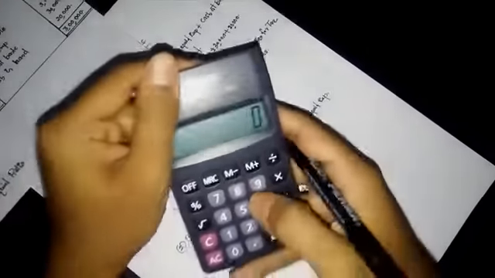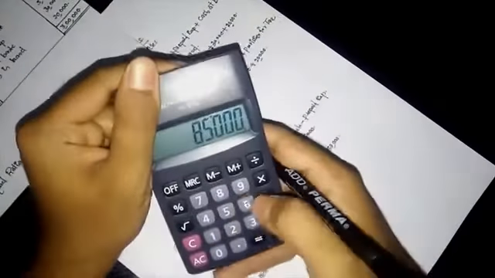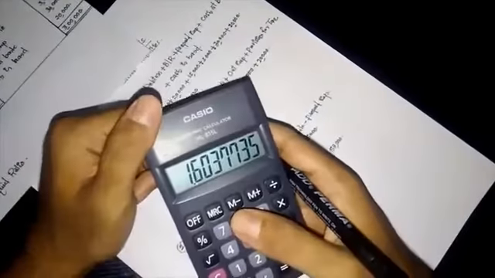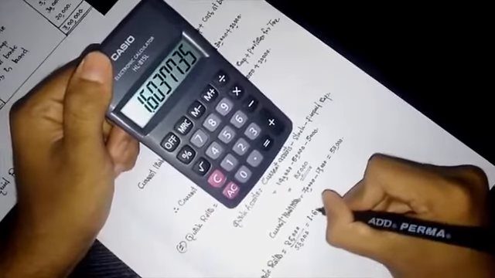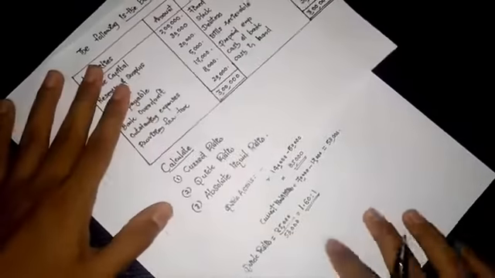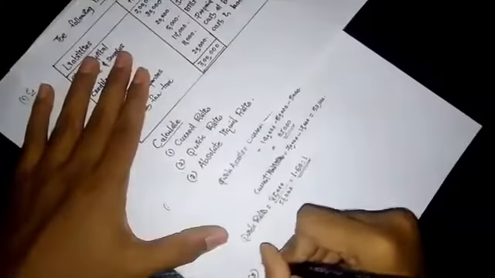So therefore quick ratio is equal to quick asset, rupees 85,000, divided by current liabilities 53,000. That is equal to 85,000 divided by 53,000, which is equal to 1.60. 1.60 is to 1 is the quick ratio. The current ratio is 2:1. The quick ratio is 1.60 is to 1. Now the third one is absolute liquid ratio.